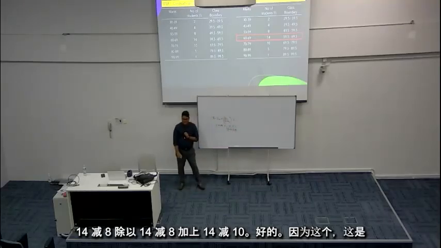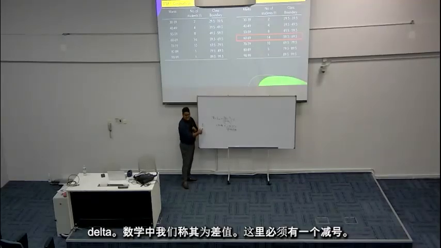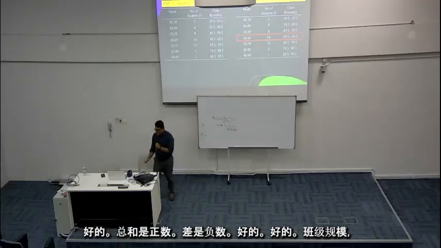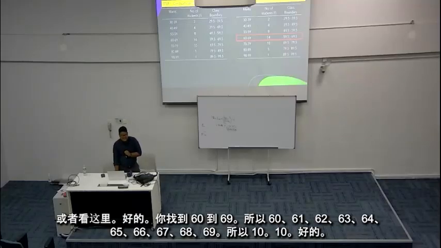Because this one is the delta. Delta in mathematics, we call it a difference. You must have a minus sign here. Summation is plus, delta is minus, the difference. Alright, so the class size, or C, here,